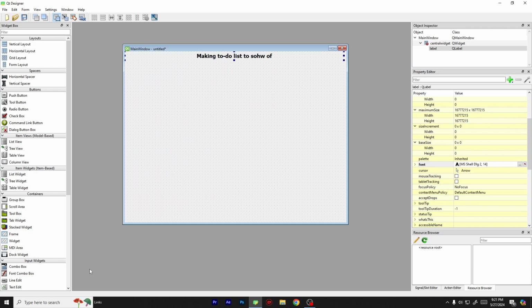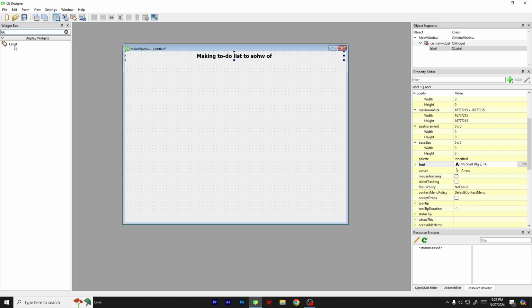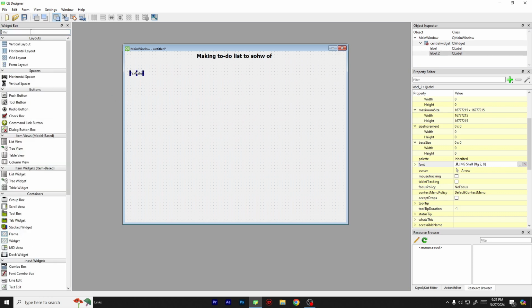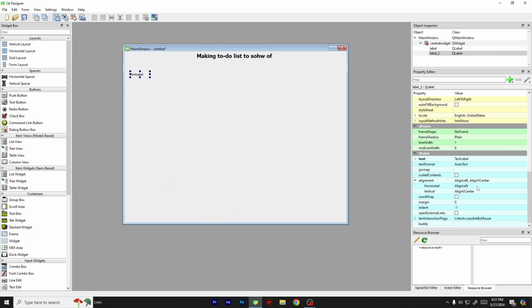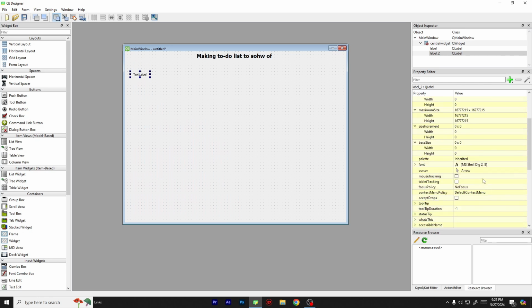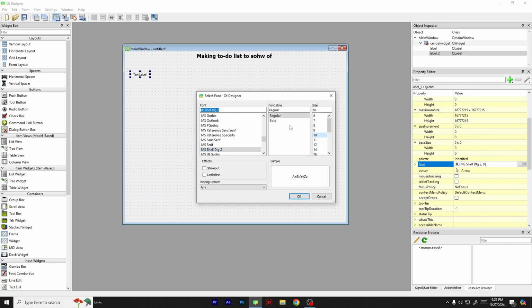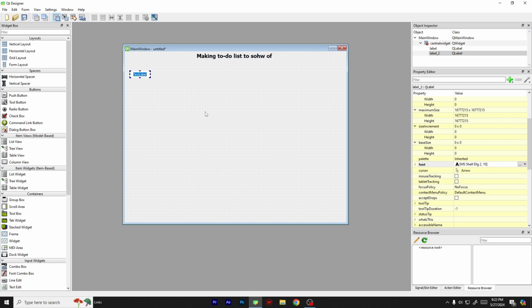Perfect. Okay. So now what we are going to do? Take some more labels, like that. Okay. So make it a bit bigger, like this. Again, align the text center. Change the font a bit. Make them bold. And okay. Change the task text label to task name. This is how it looks like. Now,